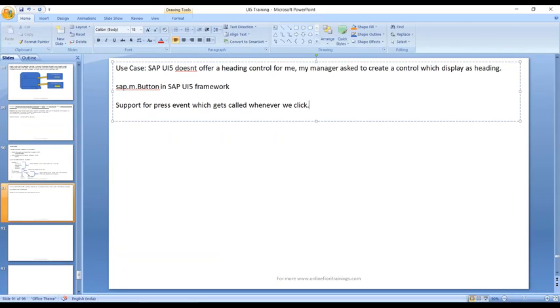Except for the click event, there is nothing else supported by the button control inside of SAP UI5 right now. So there is a need in this case